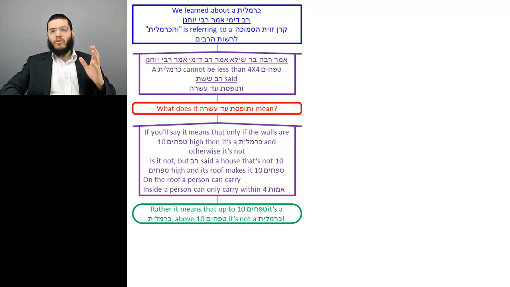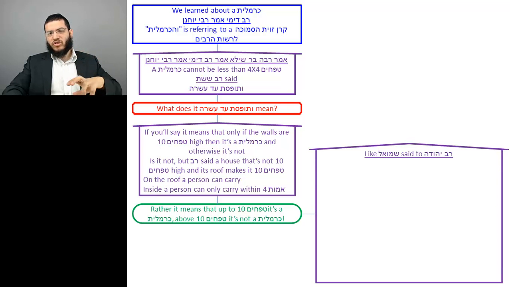So now we set out the parameters. We outline the parameters of a carmelis, which is that it's 4 tefachim by 4 tefachim wide, and it extends up to 10 tefachim. Before the Gemara now explains what this is based on, the Gemara says that what we just said now is similar to what we said elsewhere. And it's all going to be in an arrow because it's just continuing as a side discussion of what we said. So in other words, we already set down what v'tefeses ad asara means, and the Gemara says we actually find the same thing elsewhere. Like Shmuel said to Rav Yehuda, he told him as follows.